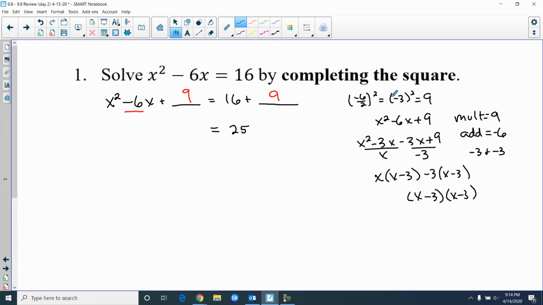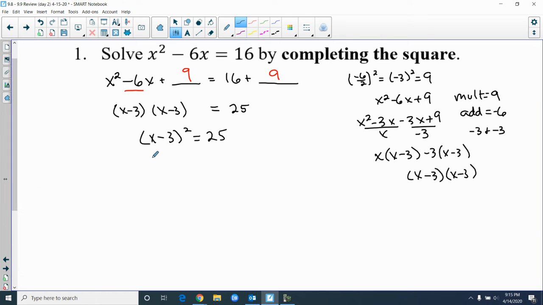I'm not going to do all of this for each one, because once you know those 2 numbers, it's automatically going to be x minus 3 times x minus 3. And we're going to write that as x minus 3 squared equals 25. That's the key right there. We have to have that quantity squared. Once you have that,